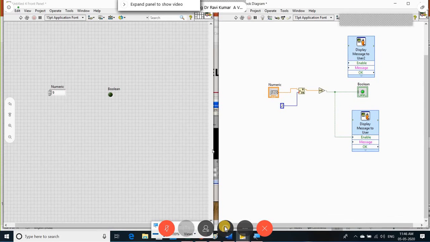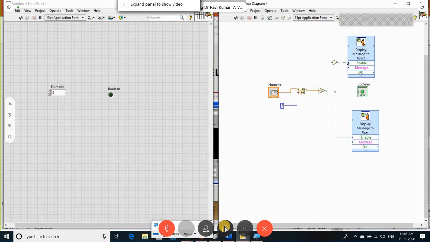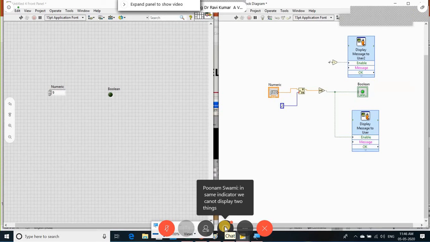Okay, this is also an enable. I should enable it when this should be true. What am I supposed to do? I should connect this through a NOT gate. Okay, take the NOT gate, connect it to this. Whenever it is 0, that is a false statement, this should be enabled.